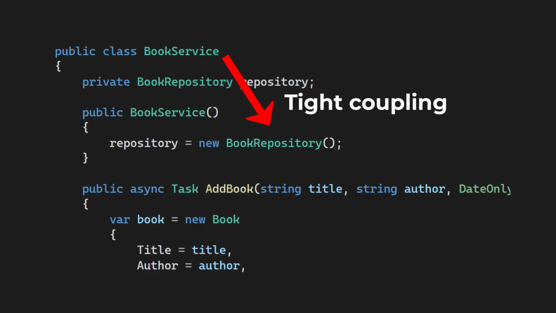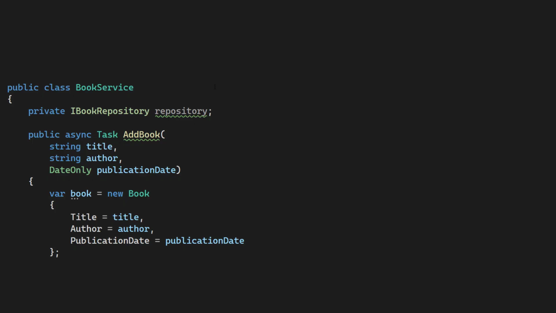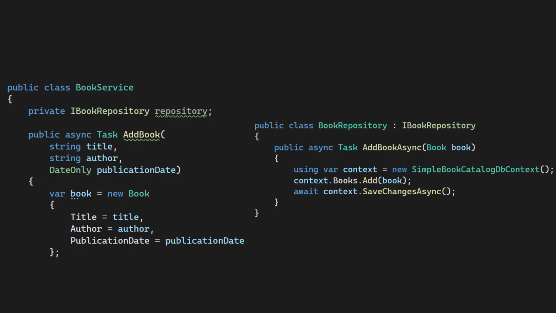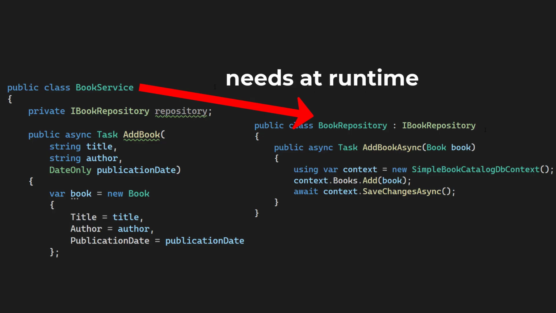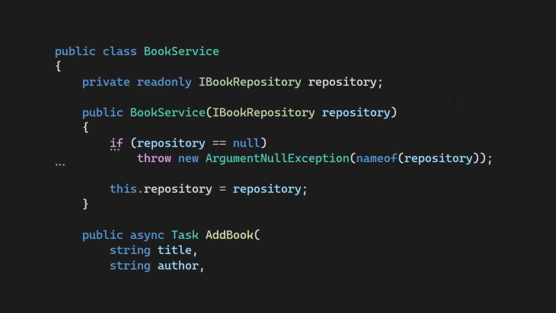And then we applied the dependency inversion principle by letting both bookService and book repository depend on an abstraction called iBook repository. Now the bookService class no longer had a compile time dependency on the book repository class. But a bookService object still needs a book repository object at runtime. So we used constructor injection and declared a constructor parameter of type iBook repository and stored it in a private read-only field. This made the consumer of the bookService class responsible for supplying an instance of book repository into its